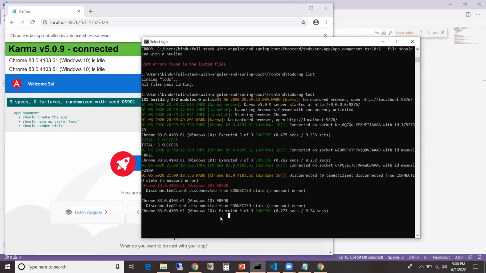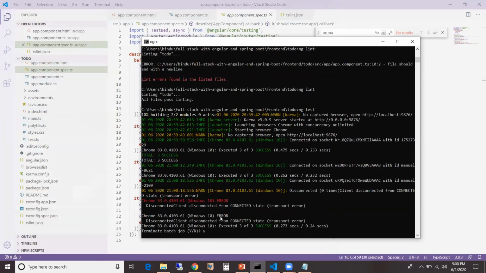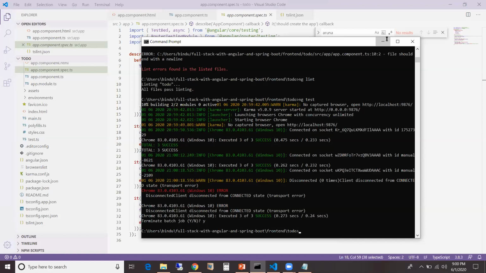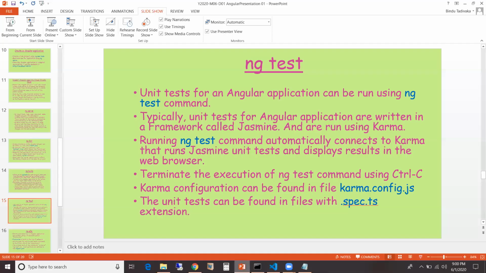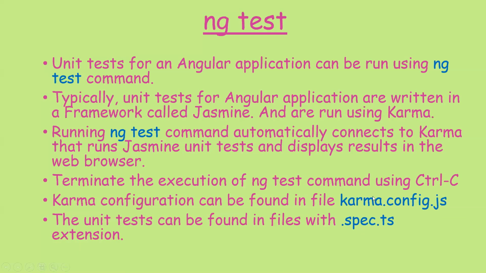We can end this command using Control-C. So that's about ng test to run the unit tests.